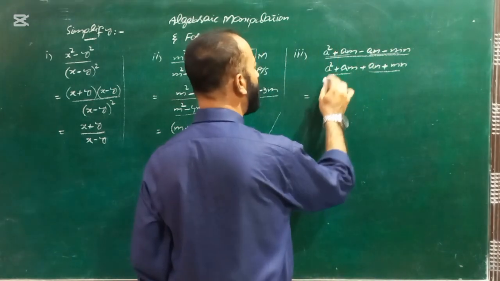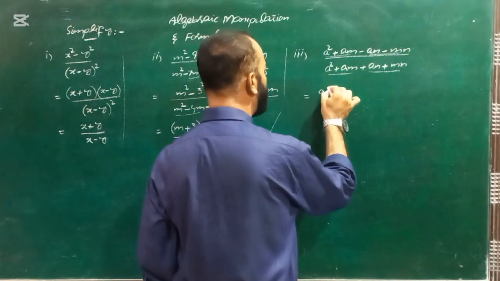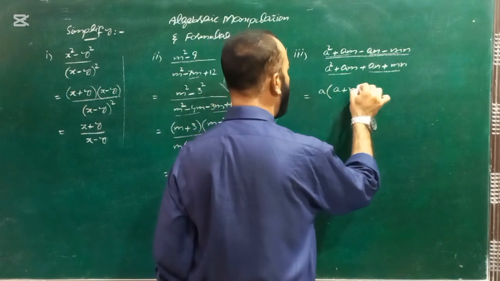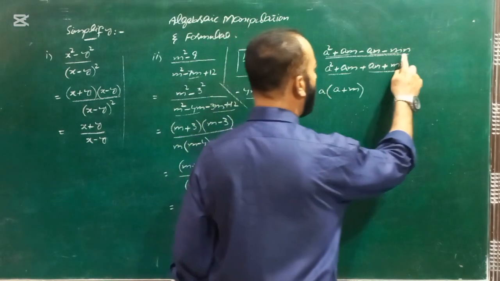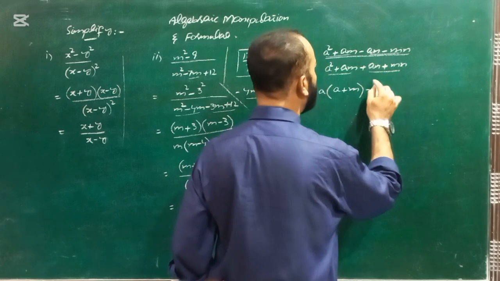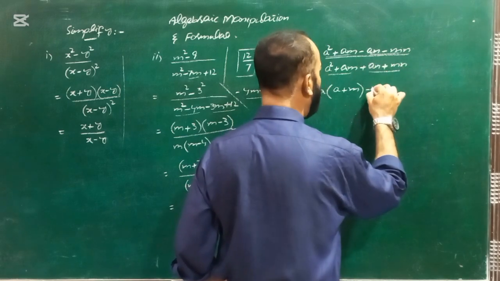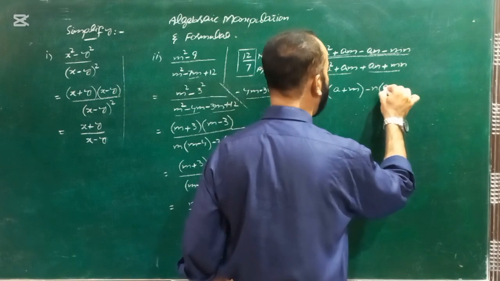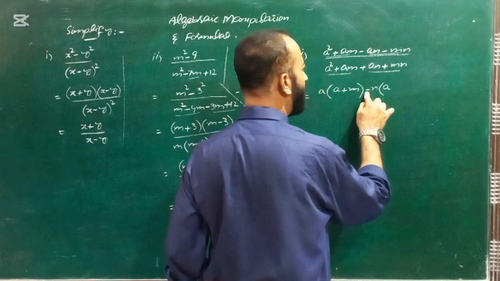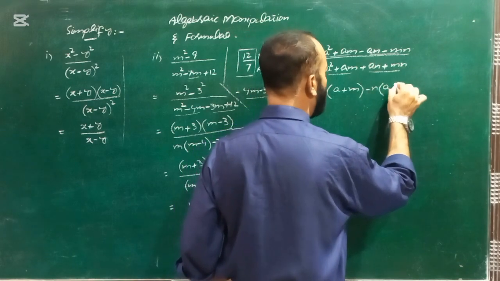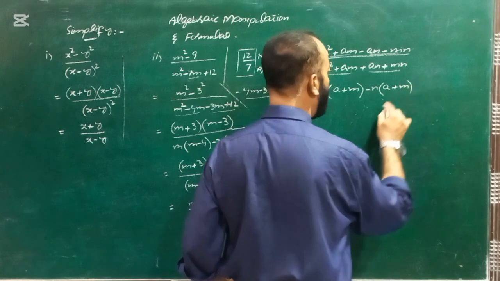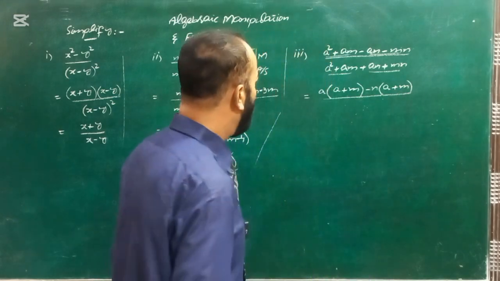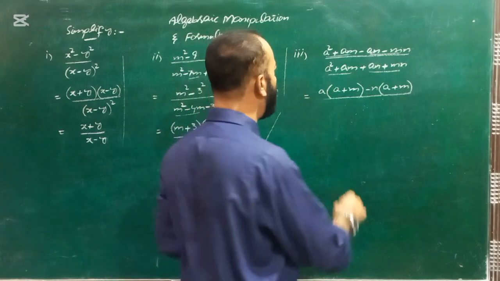In the numerator you can see in the first pair a is common. The remainder is a plus m. In the second pair minus n is common, and inside the bracket a minus a plus m, because of this minus sign will be changed. So a plus m is left in the second pair. Okay, in the denominator in the first pair a is common